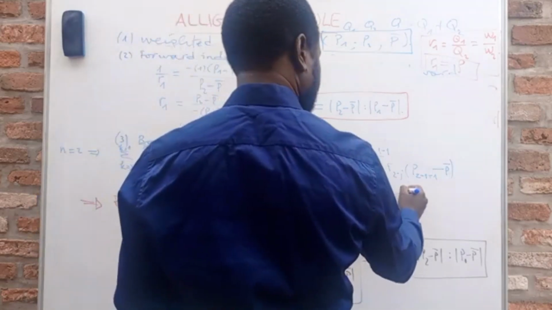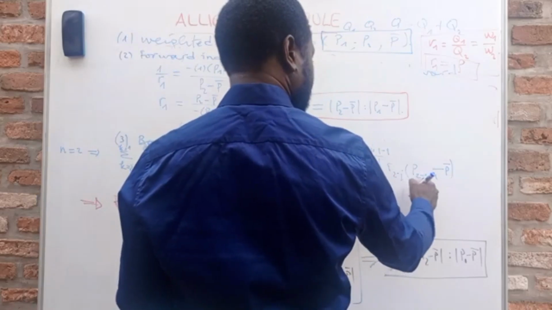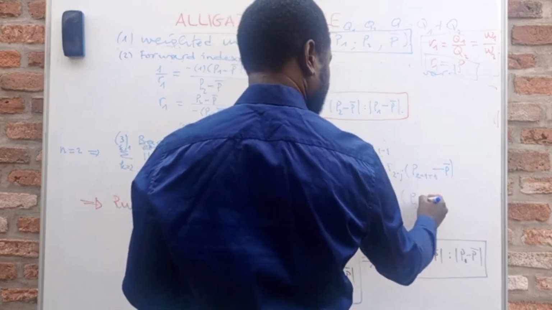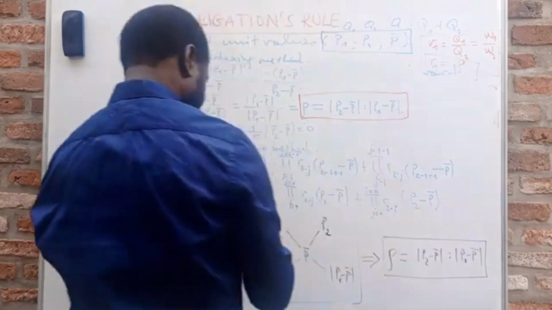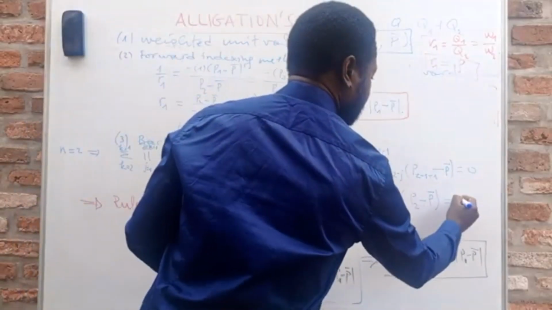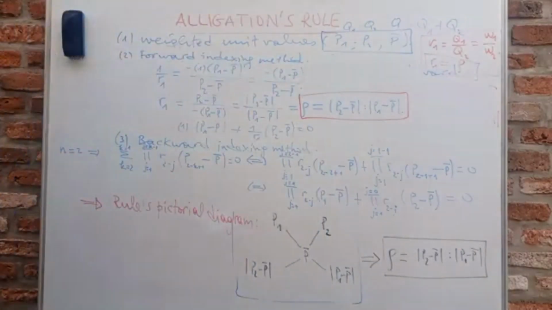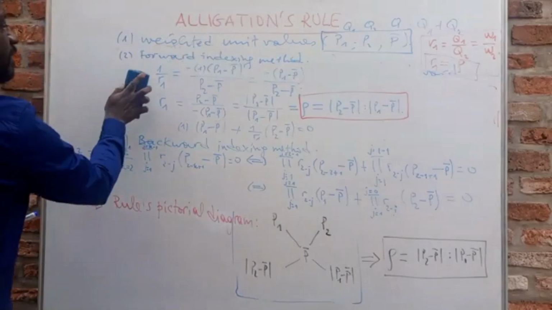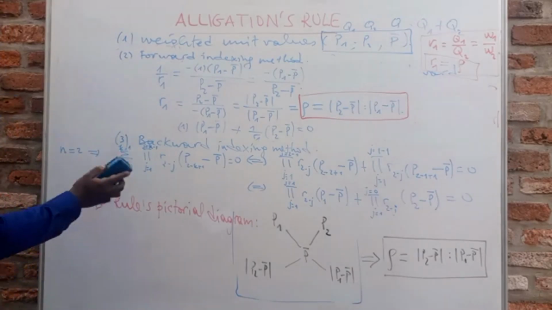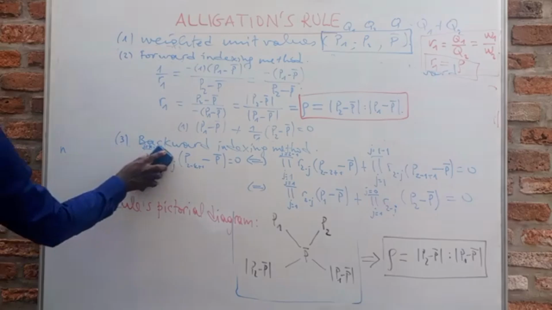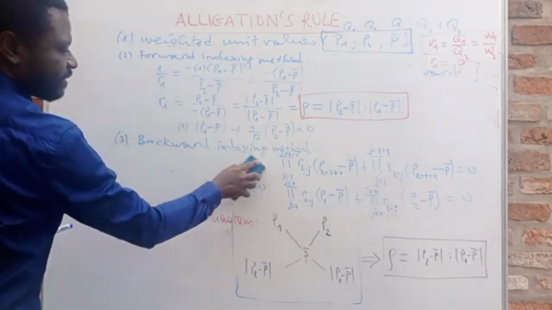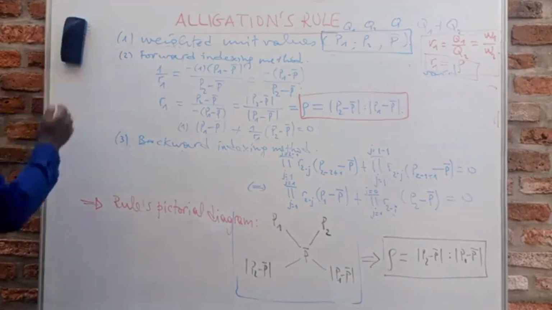So now p 2 minus 1 plus 1 or negative 1 plus 1 is 0, 2 plus 0 is sub 2 minus p bar. Okay, so this result must be equal to 0, of course. It must be equal to 0 as suggested by the formula. Now, next, this was forward indexing method. Next, I can remove this one and just substitute. Now